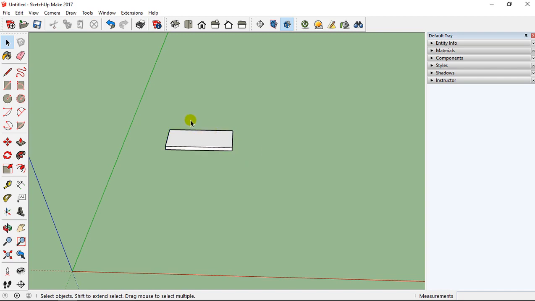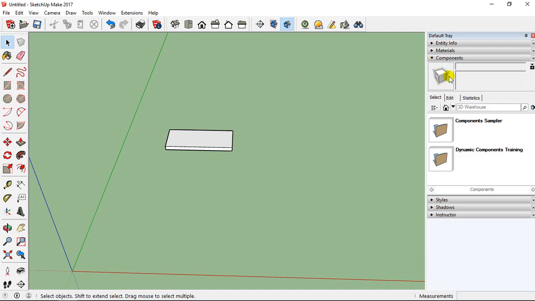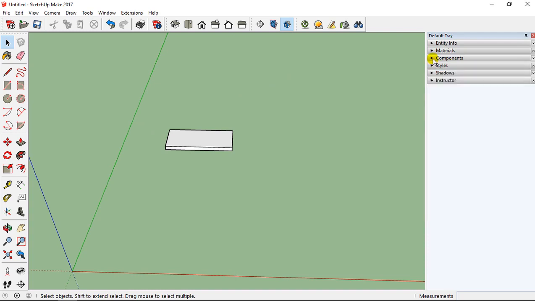Already you can see the difference: when you make groups, you don't need to change the name of the group. And the difference with the component is that you can't see the group here. Here you can just see components, but groups are different, so you won't see groups here. So the aim is just to have an entity. And here you can see if I use the select tool, now I can just click once and I have a group like this. I can directly select all the entity like that.